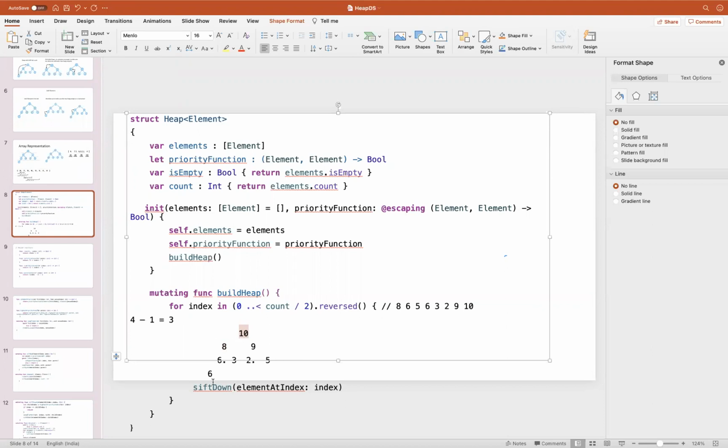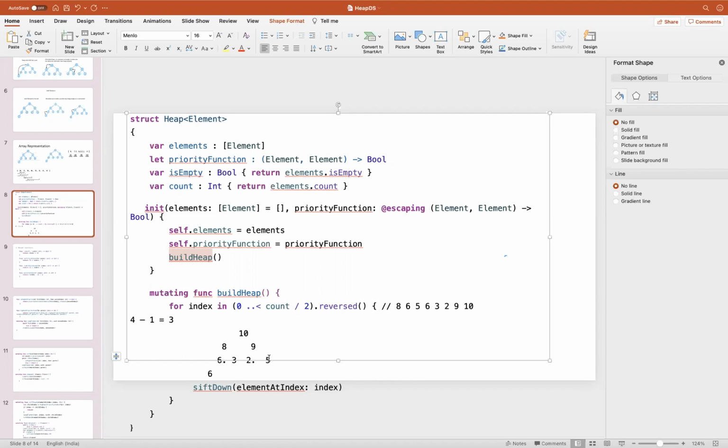So this formation is my max heap formation. That way we will be able to achieve it: even if any elements are given, I will call this build heap method, and that way I will be able to make it a max heap. I will be able to achieve the max heap property. Is this clear now or not?